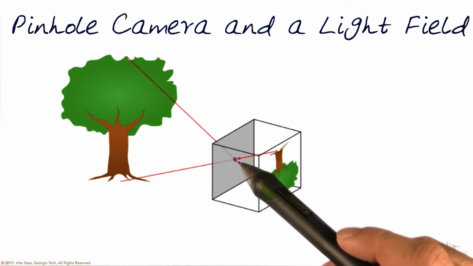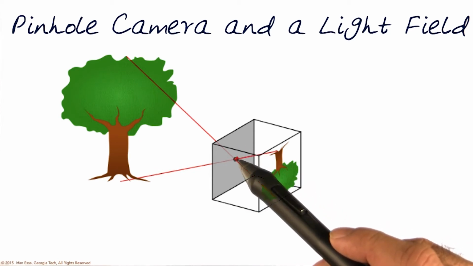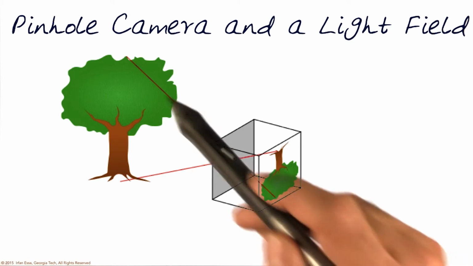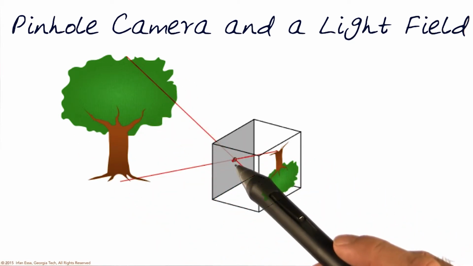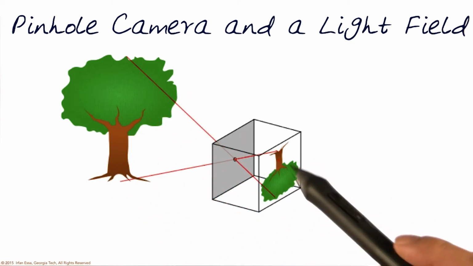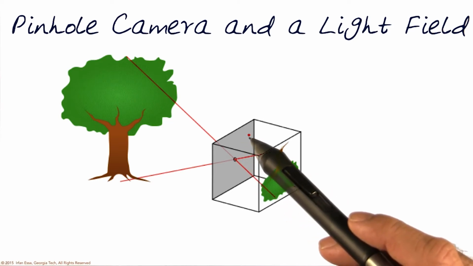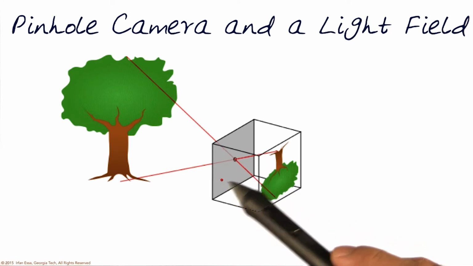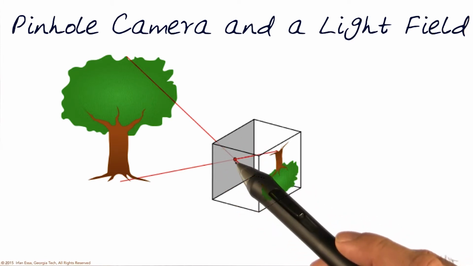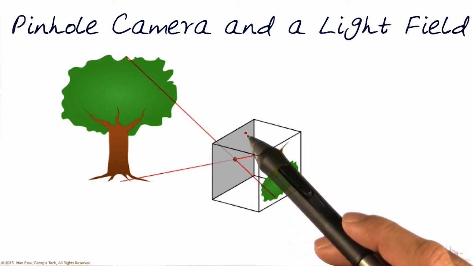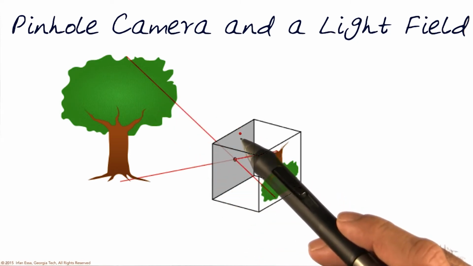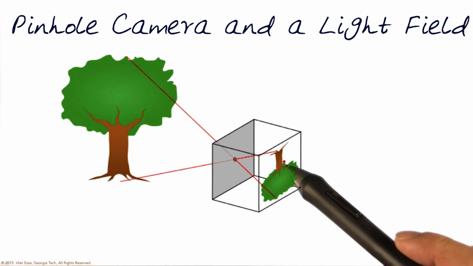In essence, we also kind of discussed this, that this point here basically captured all of the light in the scene at this point, and of course that's what was then projected at the back. Now, of course, you can imagine that any point on this surface here, the gray patch, which is basically where I have the pinhole, is also actually kind of capturing all the light. Of course, since it's no longer a pinhole, they're not actually coming in.